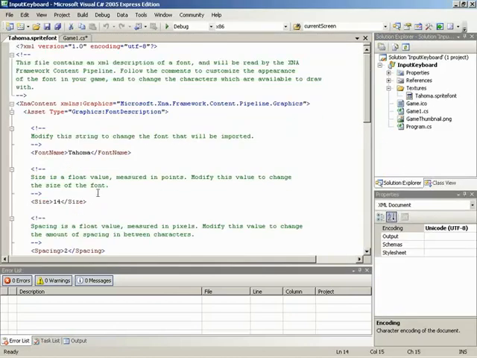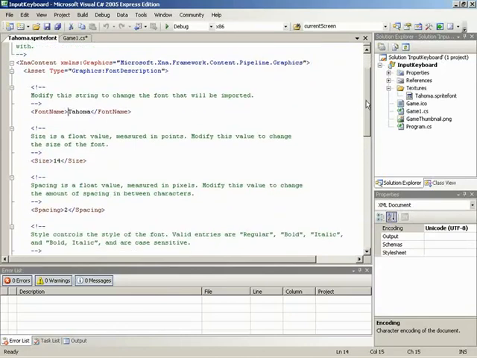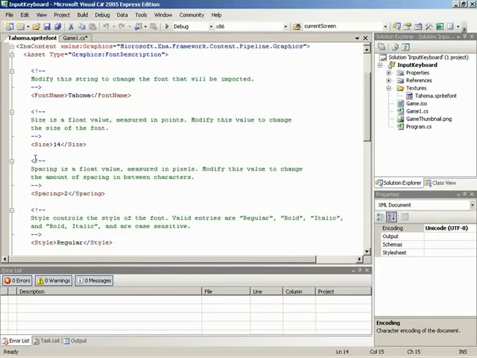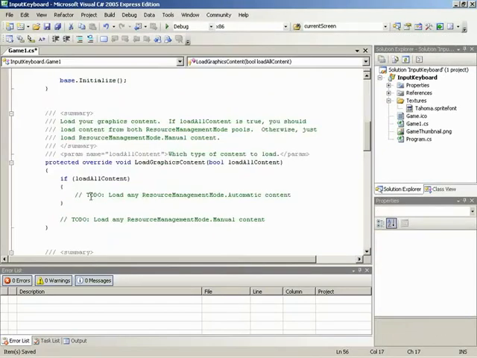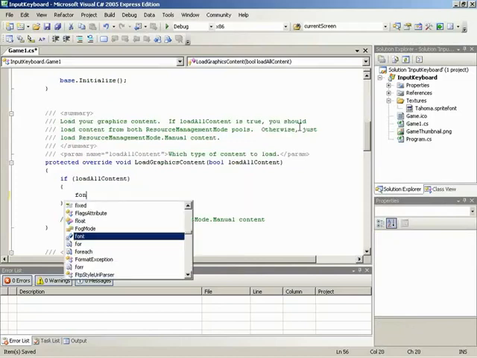The name is set to Tahoma. I have a specific font size in mind for the graphics I've put together, so I'm going to change the size to 13, and I'm going to set the style to bold. Okay. And that is what I wish to have for the sprite font. So I'll save that out, and I can go ahead and close the sprite font itself. Now we have the asset prepared, and I can load it in to the font field,